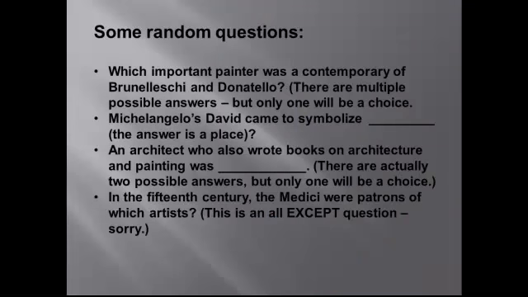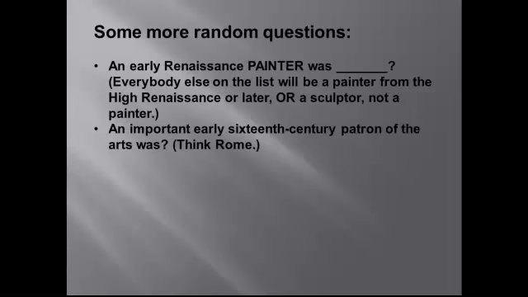Well, you may have noticed one change as we move forward is that you're going to have to know more artists' names. In the Renaissance, artists started consistently signing their work or otherwise making themselves known, and that's going to be true, alas, for the rest of the course. So here again, you need to keep your early and high Renaissance artists straight. It might help to go through the chapters and make two lists. Also, pay attention to who was a sculptor, who was a painter, or who was all of the above. Michelangelo is always all of the above.